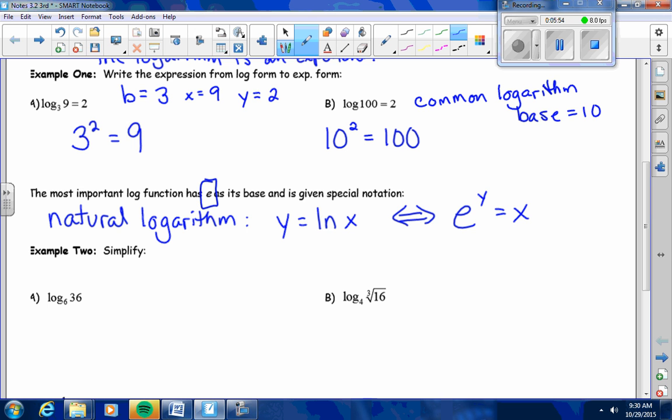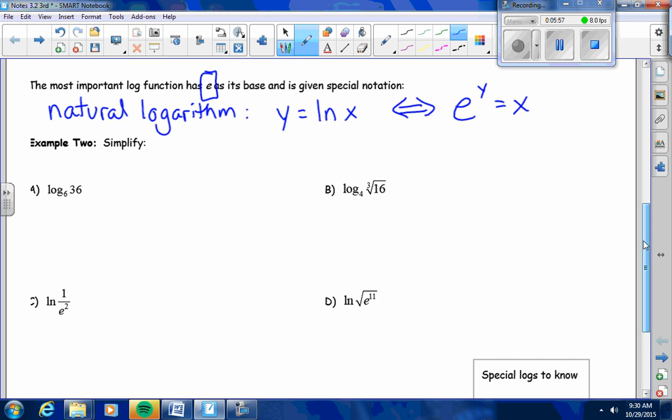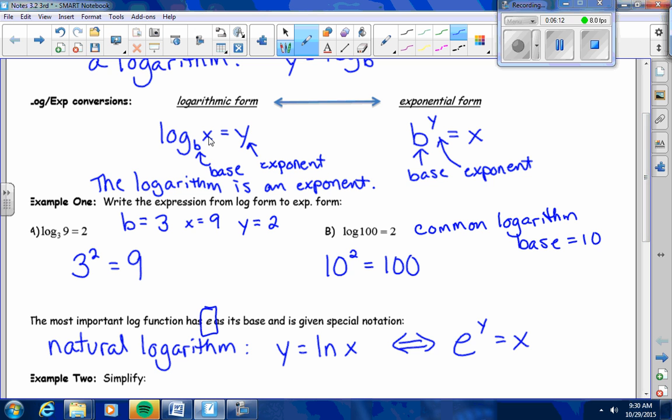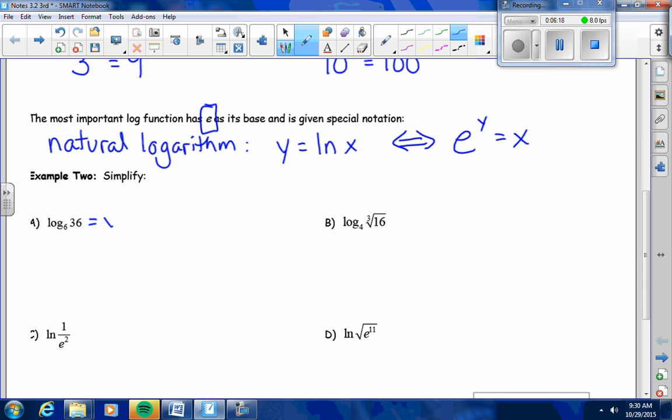Okay, so let's look at example 2. We are going to simplify these. The first one we're going to simplify is log base 6 of 36. Now, since it's a logarithm, my main form for the logarithm up above is log base b of x equals y. So on this one, I'm going to set it equal to y. Remember, I'm solving for an exponent. Now let's rewrite it in exponential form. So you always start with the base. What is the base? Raised to the exponent, which is, equals x, which is,